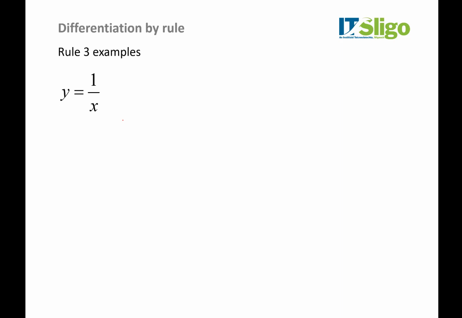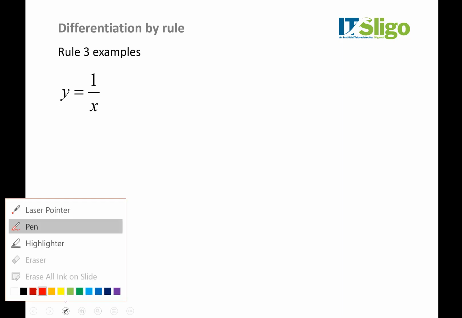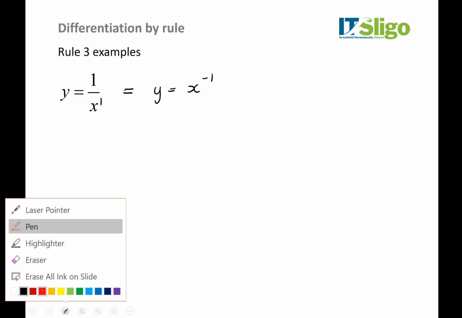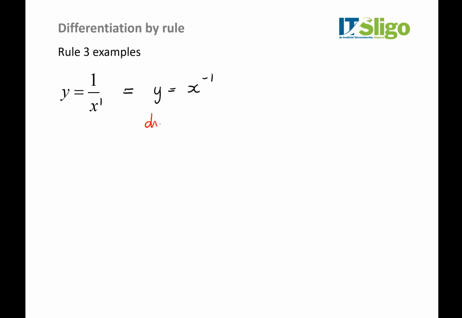Now, don't be put off by these ones. First of all, what we have to do here is change the form. It's difficult to do it like this, but if you remember from our power rules, when a power is below the line, we can bring it up and change the sign. So I haven't done any differentiation now. I'm just changing the appearance of the function we're given. So I hope you'll agree that these functions are equal. They're both reciprocal functions. Now when we get the derivative, dy/dx,